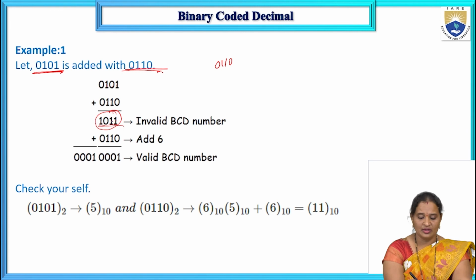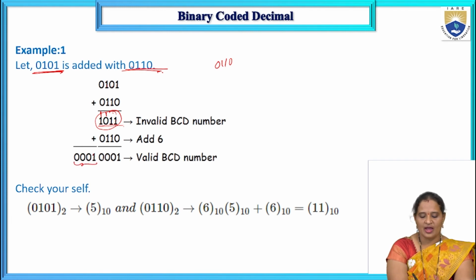1 plus 0 is 1. 1 plus 1 is 0 with a carry 1. 1 plus 1 is 0 with a carry 1. So here, now, after converting